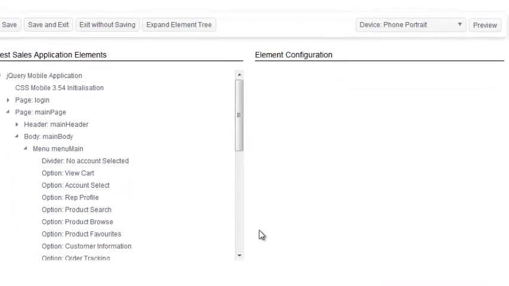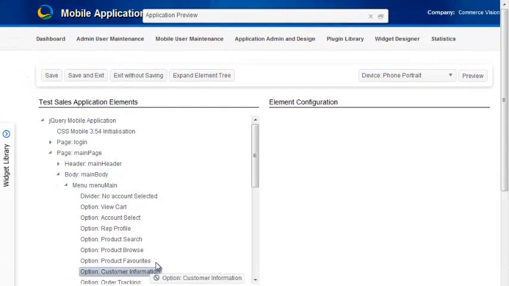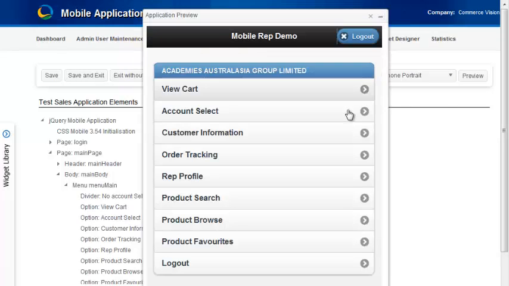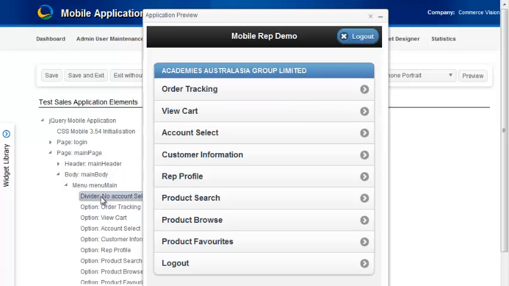We may not want to worry about campaigns. Again, move some of these customer type options up further. And what we can do is click the save button. That's now modified our application and is available in preview. I open up that window, you'll see that those changes have been effected. So if I just move something around, so move order tracking up to the top, click save, we'll see that when I hit the preview button here, order tracking is now moved up to the top.